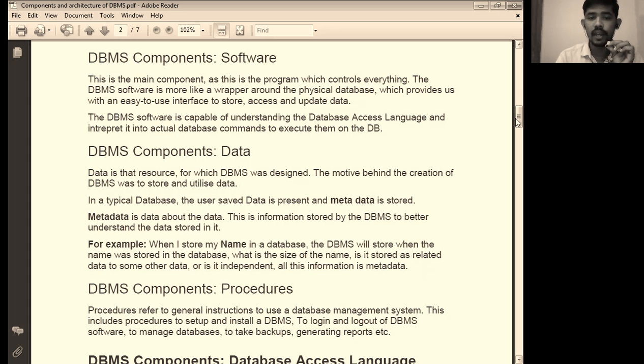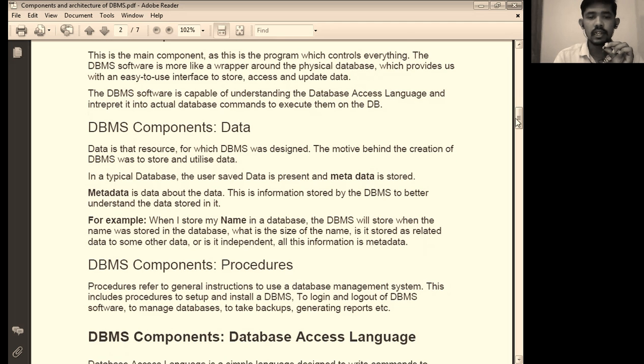The information related to the name is called metadata, because the name is the data, and the type of the name, the size of the name, and other information related to the name variable is metadata. Metadata is used to describe the variable. So this is the data.